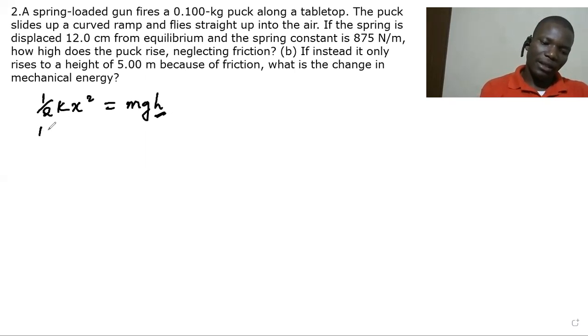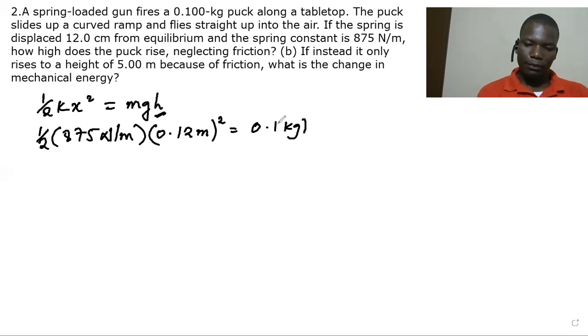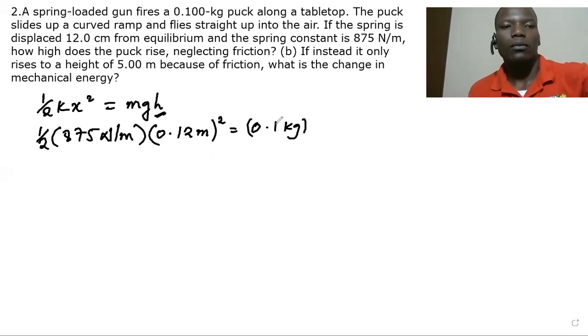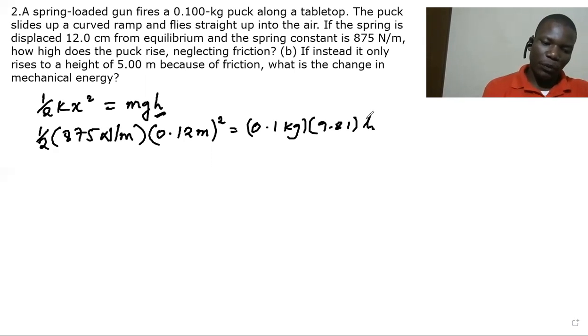So what we have is a spring constant, and we also have the spring displaced 12 centimeters. So we have to convert this 12 centimeters to meters. So it's going to be 0.12 meters, and then this is squared. And then we have the mass is 0.1 kilogram. So we have the gravitational acceleration, and we have our height that we are looking for. So when we punch it on the calculator, we're going to have